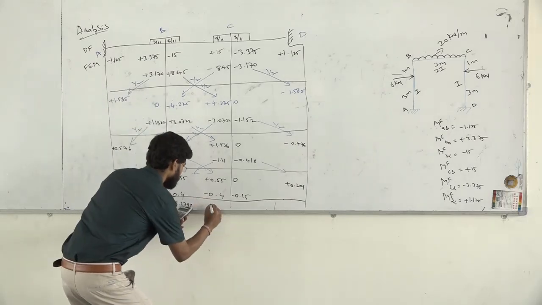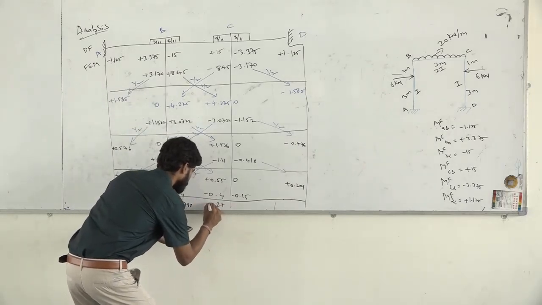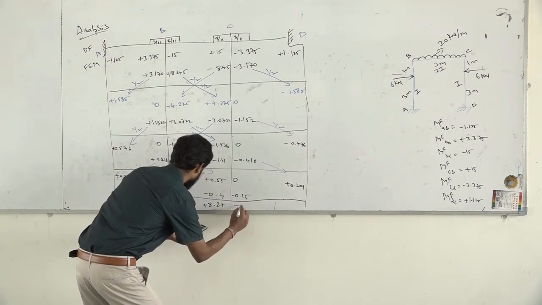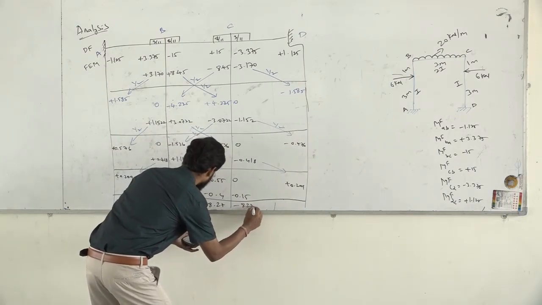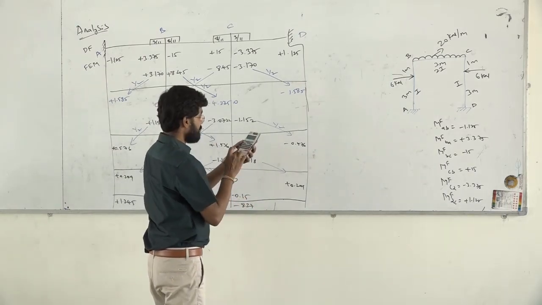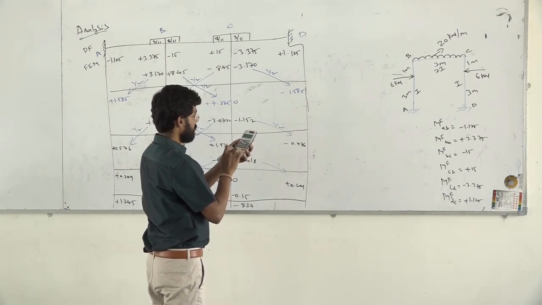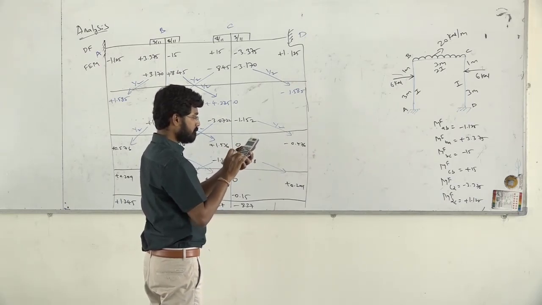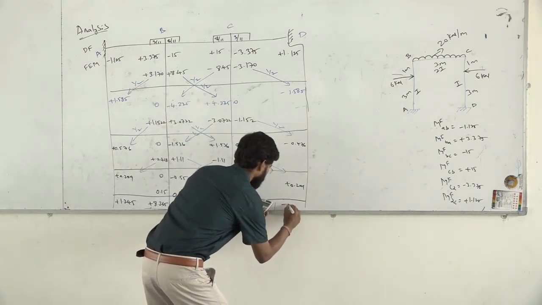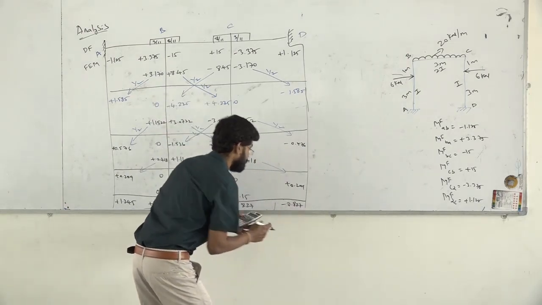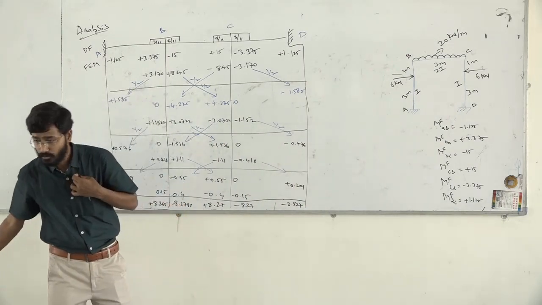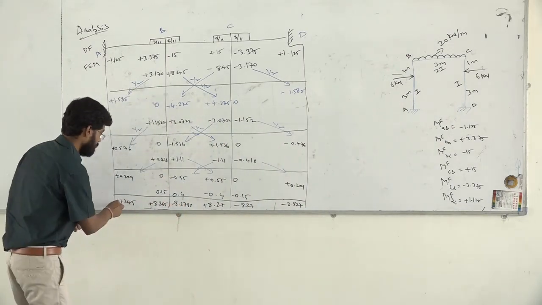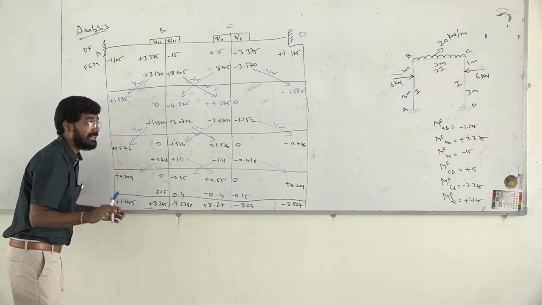Then the answer we have got as 8.27. This is plus and this is minus 8.27. And here if you check with your last one, this is plus 1.125 minus 1.585 minus 0.576 plus 0.209. Then the answer here will get us minus 0.827. The values whatever we have got, these are our final end moments now.